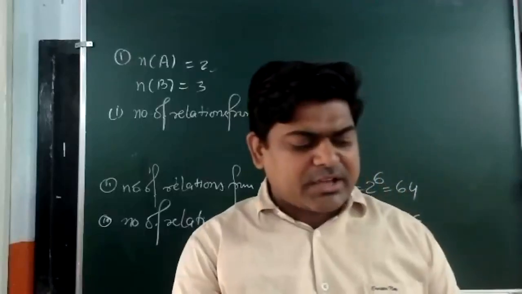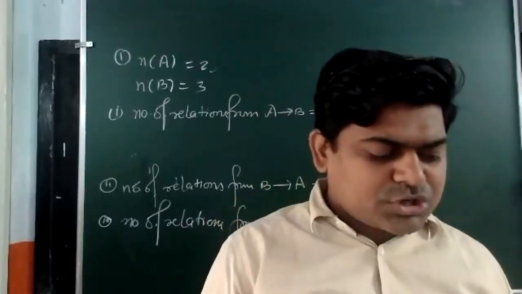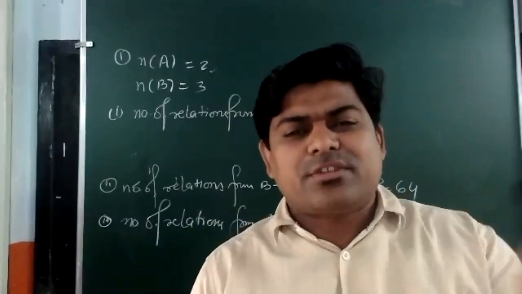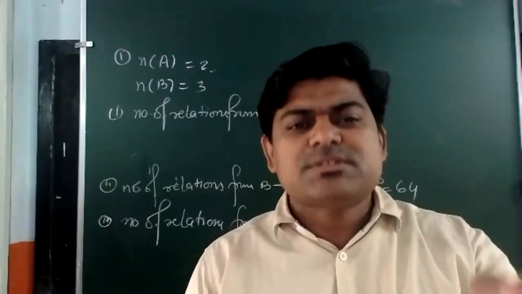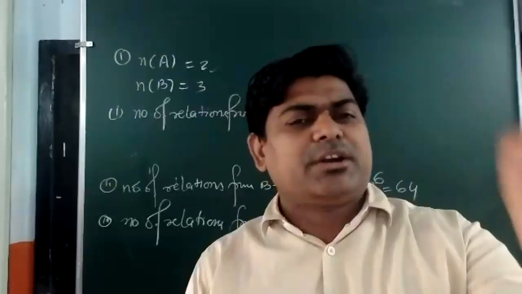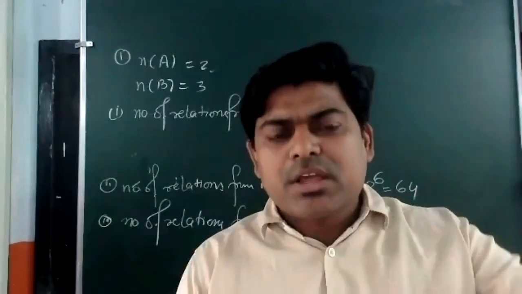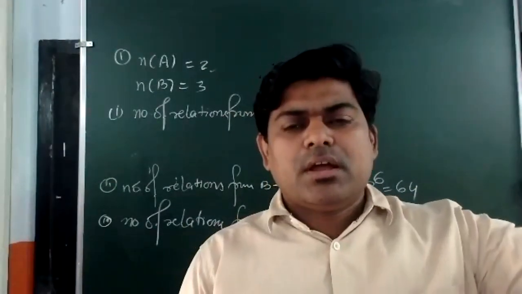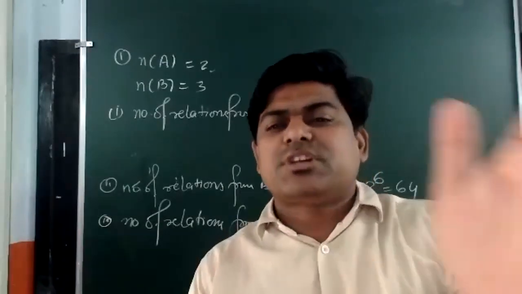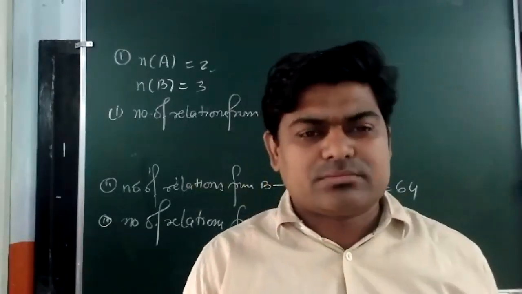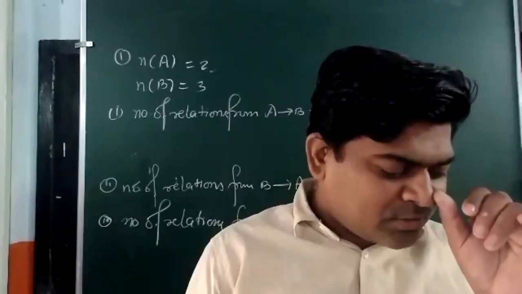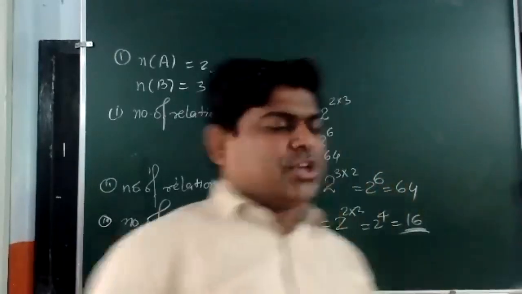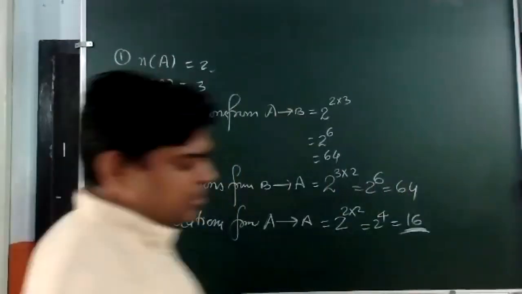If a relation is given in roster form, write its domain and range. As I told you, domain means the set of the first element of each ordered pair given in the relation, and range means the set of the second element of that relation. Okay, so if R is given in question number 3, I'm writing it here for you.